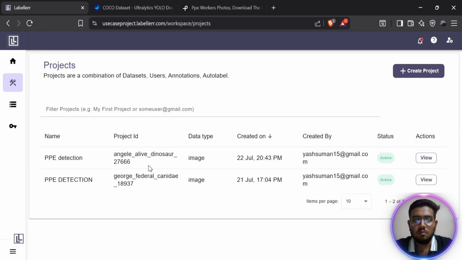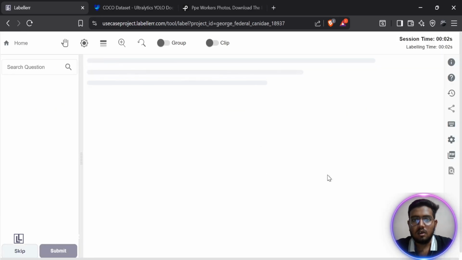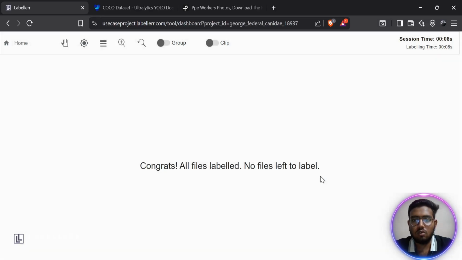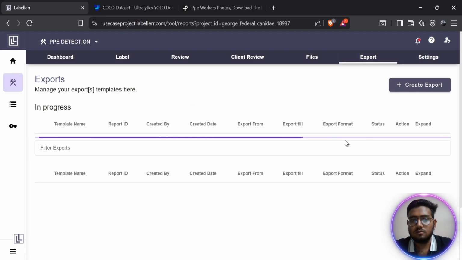As you can see, this is my project I have already annotated. The whole project is already labeled. So I just have to download my annotation in COCO JSON format. So I have to just go to export